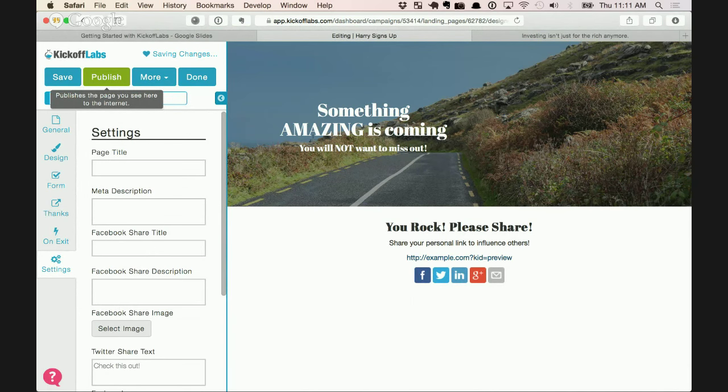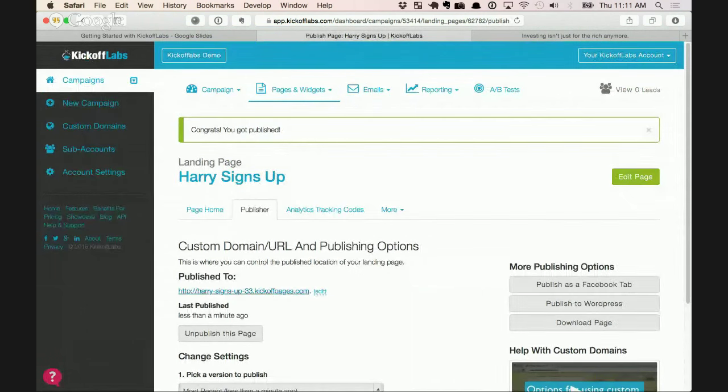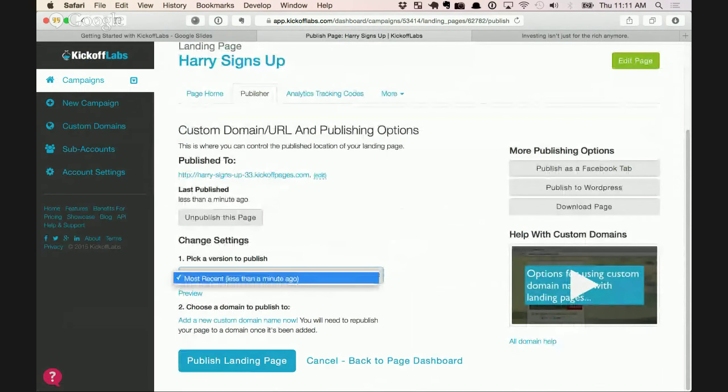So if I hit publish, you'll see this campaign is now live. It's called Harry Signs Up 33. I could change that name if I wanted to. I could also publish to a domain that I have. So I don't have any domains linked to the page. So I could run it on my own domain as like a